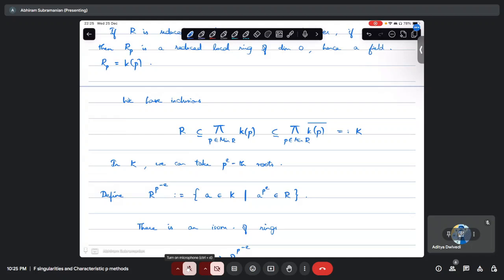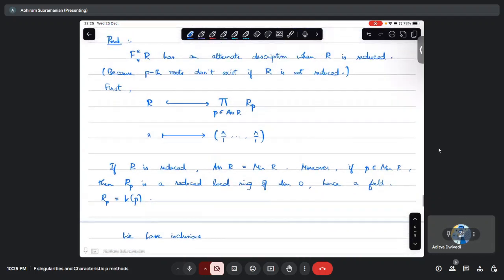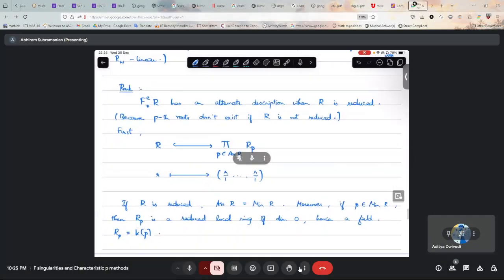Viram, can you move a little forward? So there in the remark when you said like R sits inside the product of R